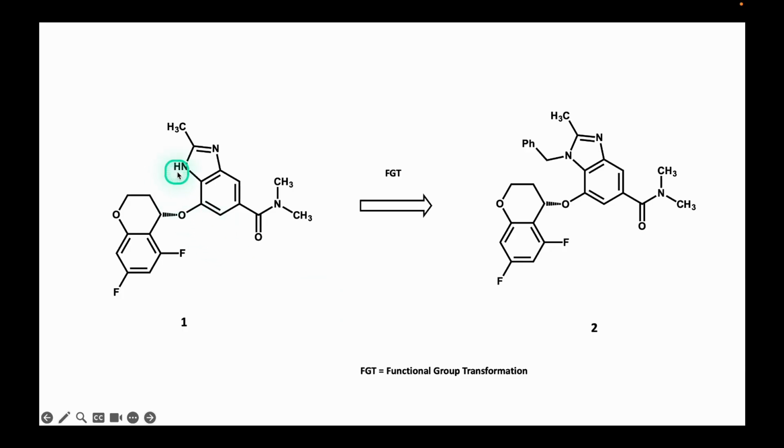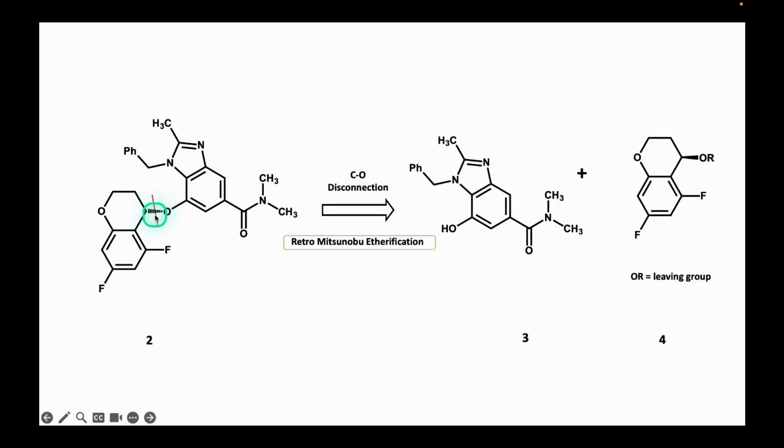Initially, one of the nitrogen groups of the imidazole ring is protected through a functional group transformation, with a benzyl group to generate precursor 2. The ether group present in 2 acts as a retrone, and based on a Mitsunobu reaction, a carbon-oxygen disconnection is applied, which generates the substituted benzimidazole 3, and the chiral cromanol derivative 4, where the carbon configuration has been inverted with respect to the configuration of that same carbon in precursor 2, and the OR group, corresponding to a good